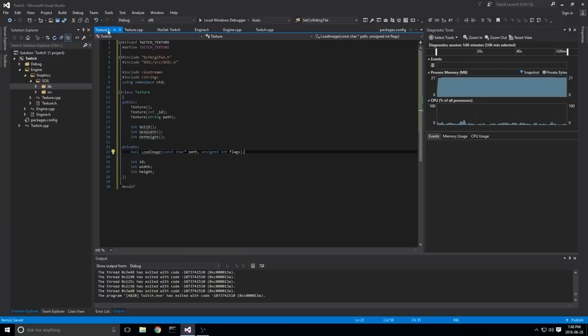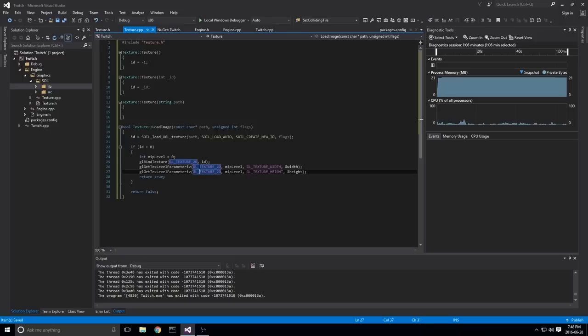So now that we've got this private function that we have here, we can implement these as well. But basically, this is the case we want to care about, right? So again, if we already had an ID and we just want to create another texture object that has the same ID for whatever reason, we just ask for a very specific ID and we give it the ID that we care about. So if we have a texture, we're creating a new one, and we just want to use it to track the ID, then we get that. We set that up perfectly. Now while we're up here, again, we can set the ID, but the width and height aren't going to be set to anything. So we basically want to do this exact same code here.